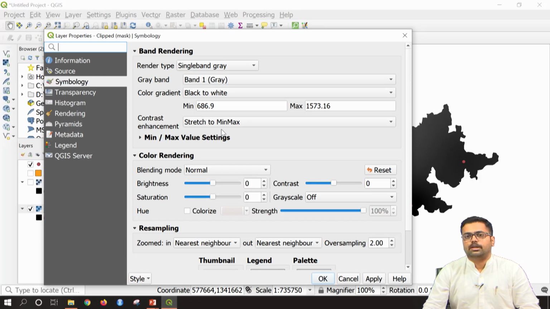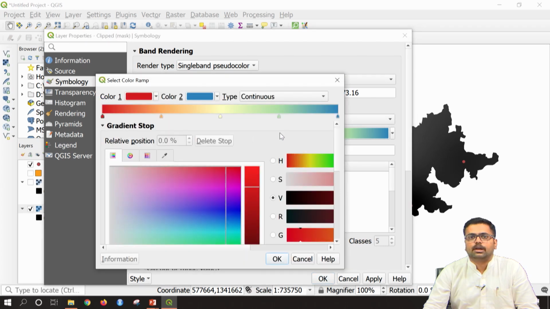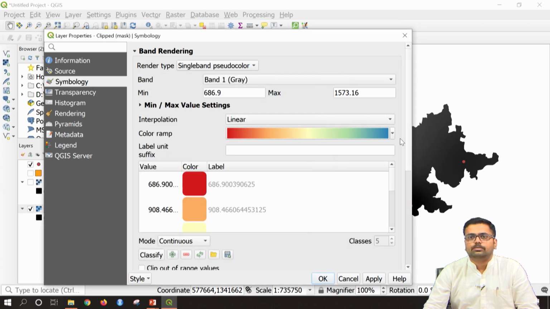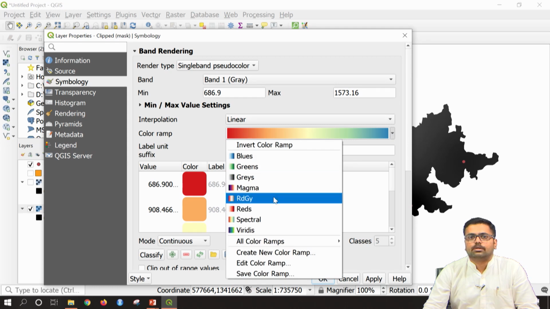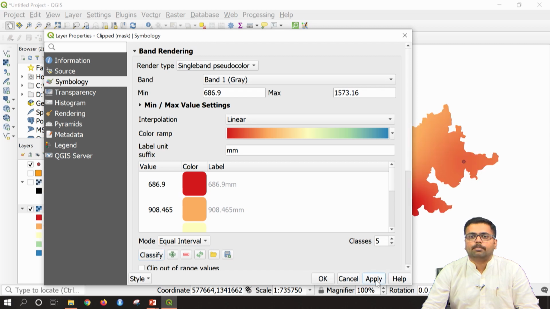Just like we assigned the colors for our digital elevation model, I will also assign here taking single band pseudo color, and this may be linear. Color ramp you can select as spectral, and interpolation, here the rainfall values are in mm, so I will keep it as mm, and you can take continuous or equal interval, you can take 5 classes, classify and then say apply.